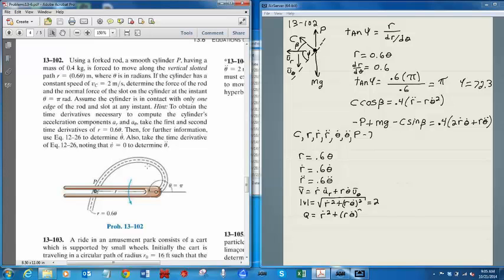That's speed squared. And I'm going to take the derivative of Q, speed squared, with respect to time. So this is going to be 2 r dot r double dot